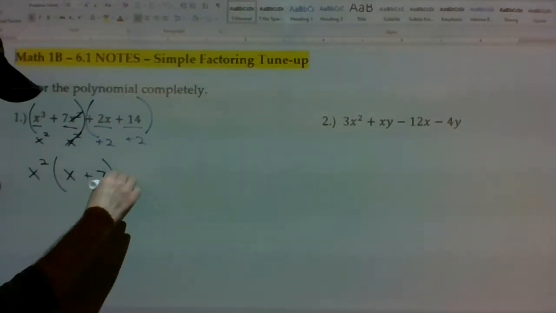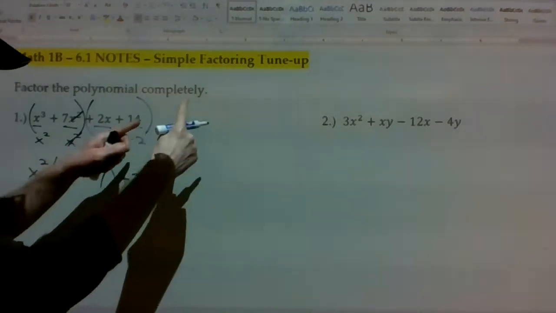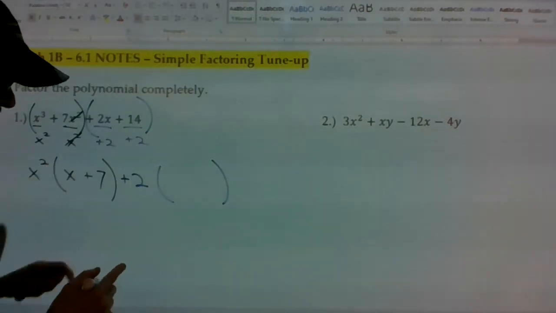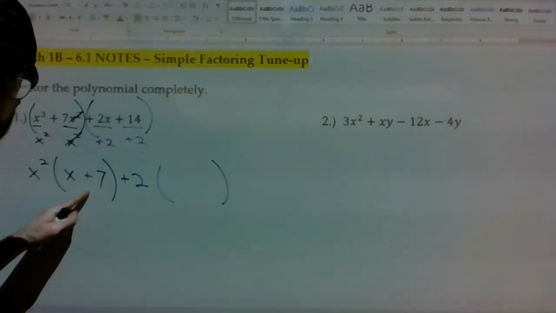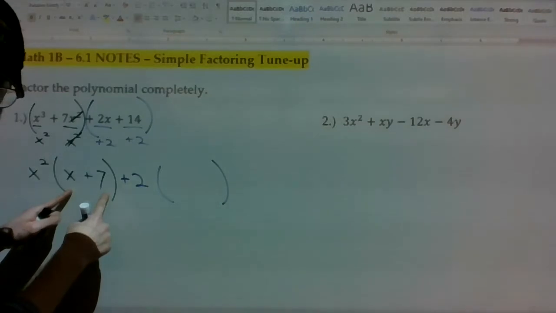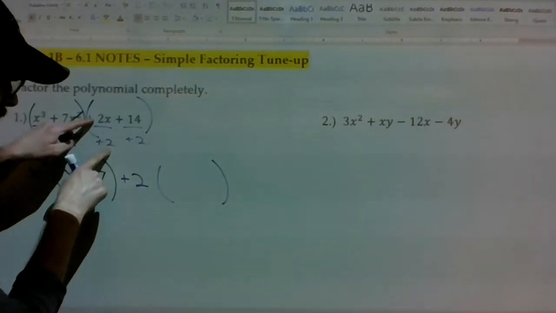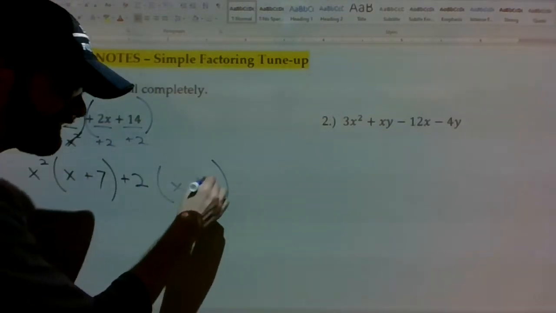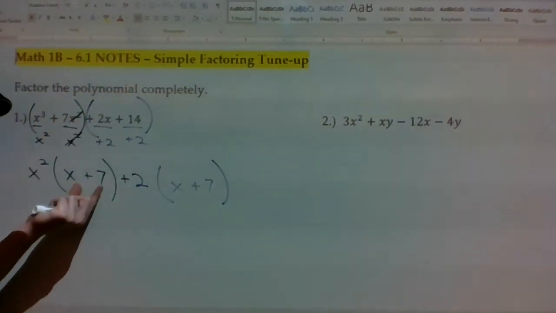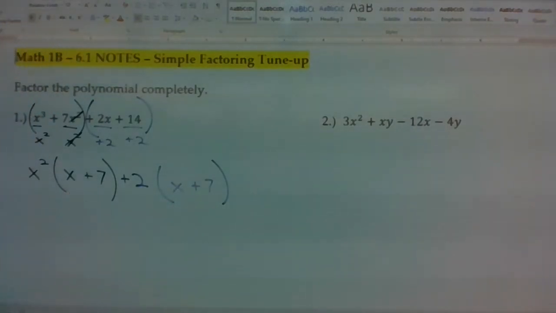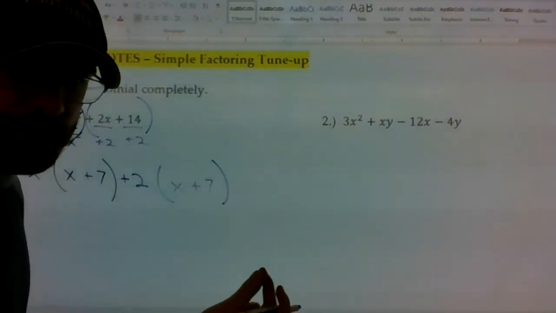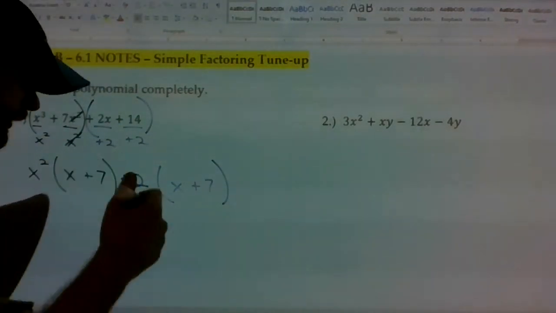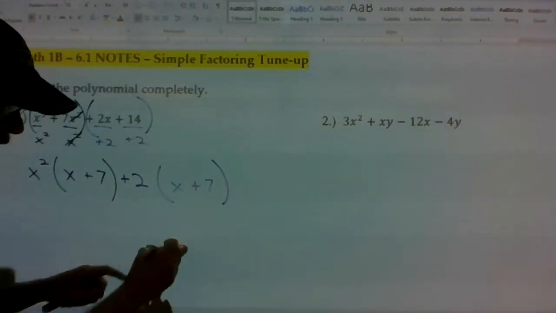So I'm taking a plus 2, dividing it out of just these two terms. And remember, that should leave us with an identical term to what we got in the previous pair. So 2 divided by 2 is 1x. 14 divided by 2 is a positive 7, and there you go. X plus 7, those are identical terms, which now allows us to do that last step where we say these two terms become 1,